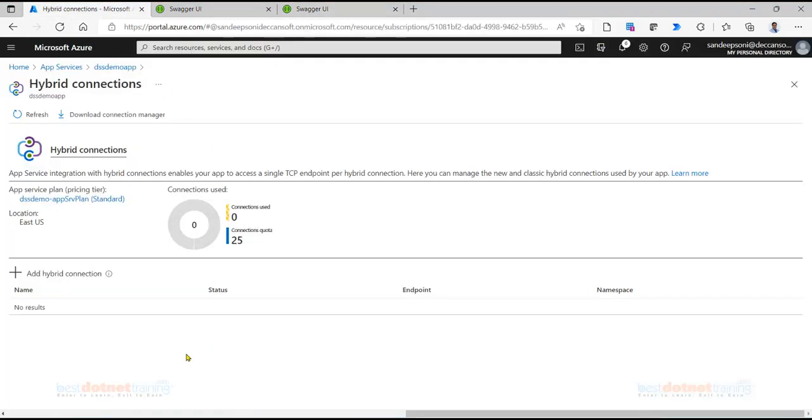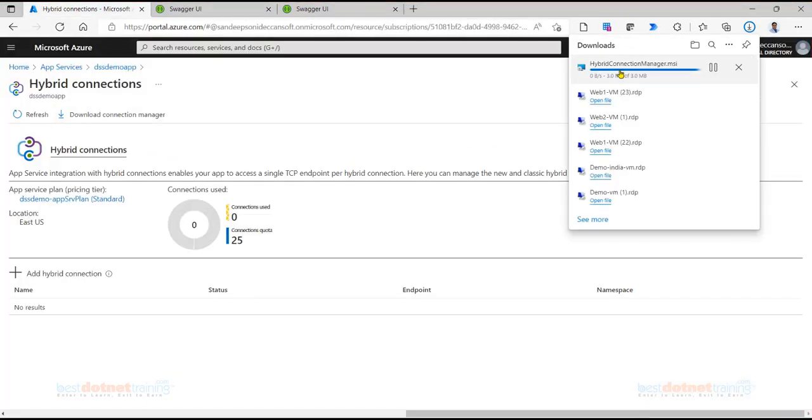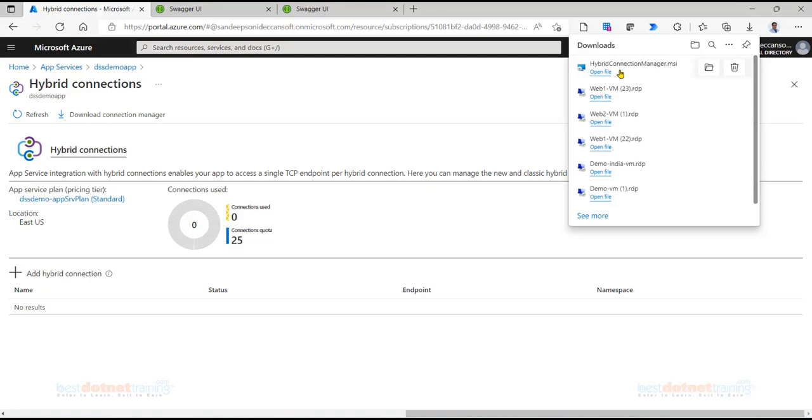The first thing we'll have to do is, on the machine from where the SQL server is accessible, not necessarily the same machine which has SQL server, any machine in the network from where the SQL server is accessible, on that machine you should download and install the Connection Manager.